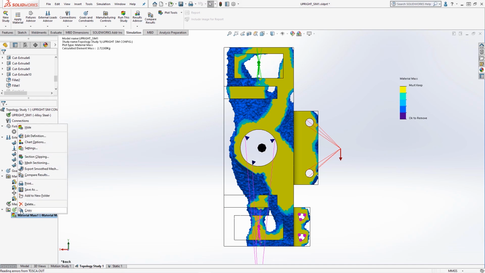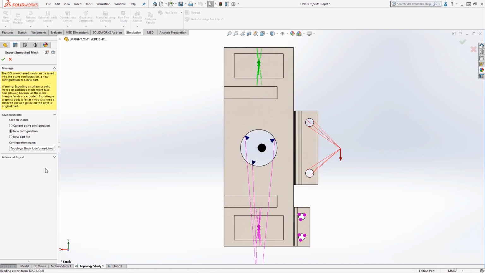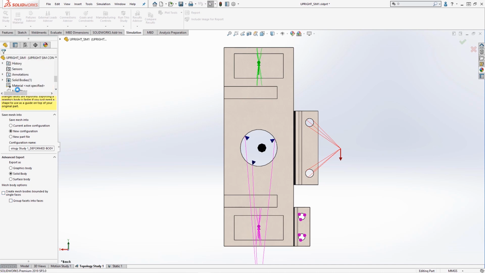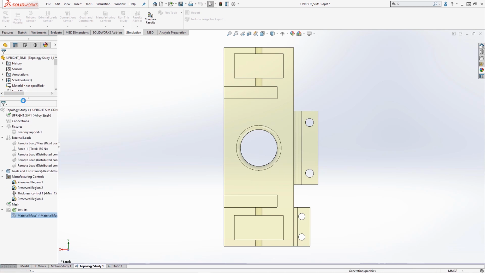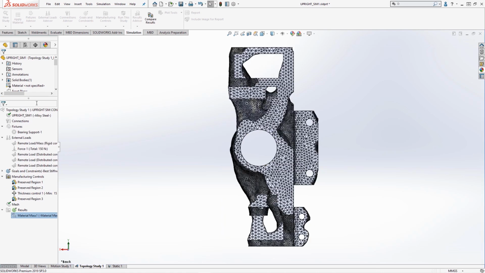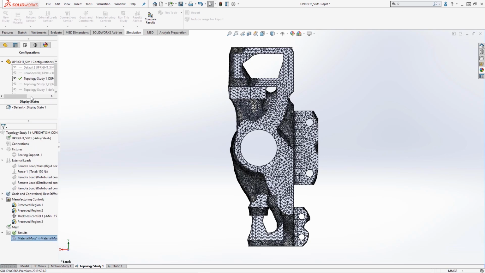This tessellated mesh body can be exported as a smooth body in a configuration in the file or exported to a separate new part. We'll choose the new configuration option and give this a name, and then choose to output a solid body file that we can work with. There are also options for grouping mesh faces together. We are then presented with a final smooth configuration which we can 3D print or design around to create a